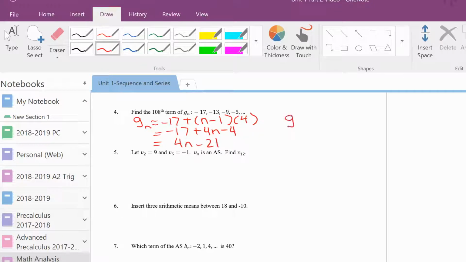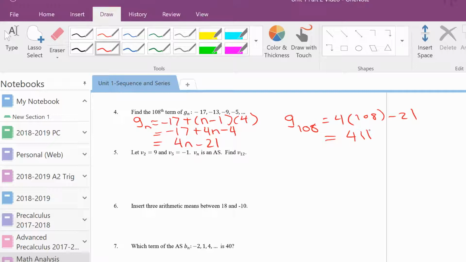So finding the 108th term is equal to 4 times 108 minus 21, and that is going to give us 411